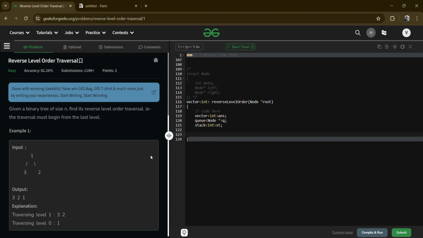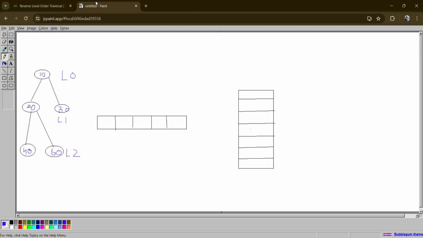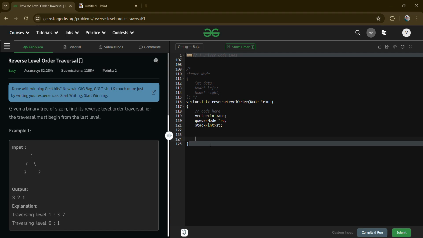First of all, I need to store the root node inside the queue. I need to store the value here, 10. Now 10 is stored inside my queue. So I simply write queue.push(root). Once I've stored my root node in the queue,